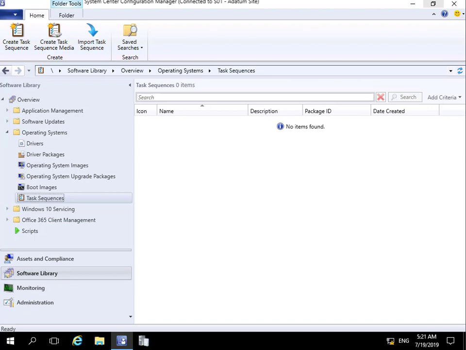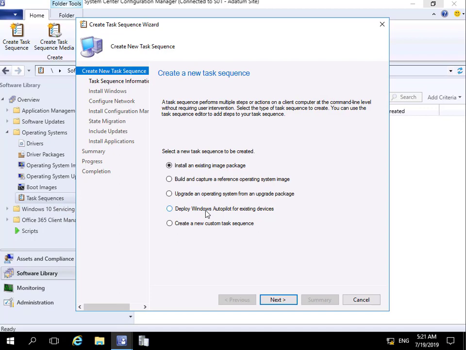I've come into my Configuration Manager console. Within my Configuration Manager console, I've come to my Software Library workspace, I've come to my Operating Systems node, and I've come down to Task Sequences. So to create a task sequence, we just right click and we create a task sequence. This will bring us into a wizard, and we have 5 options for the wizard at this point. We can either go with some of the default steps,